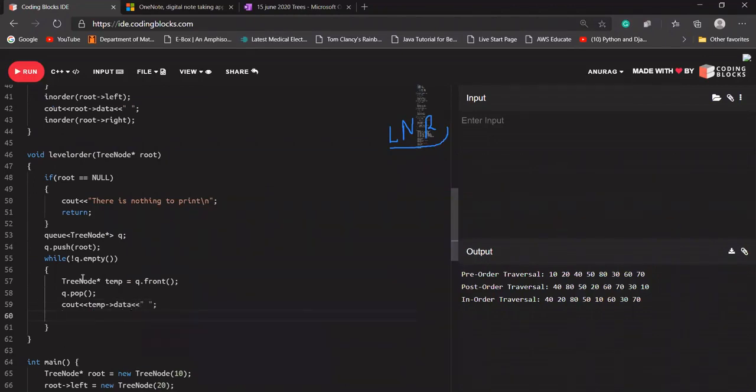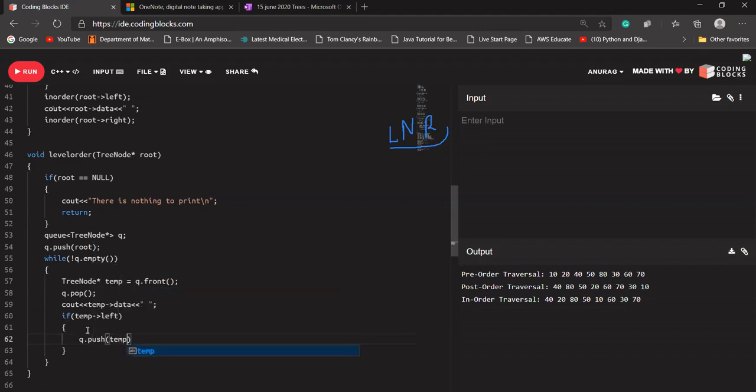Okay, now we have printed temp's data. Now I'm going to check if temp's left is not equal to null. Either we can write it this way or that way, it is the same thing. If temp's left is not equal to null, then q push temp's left.